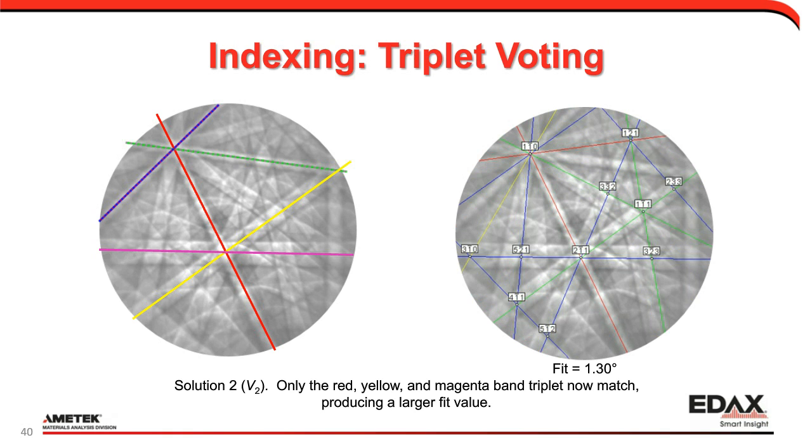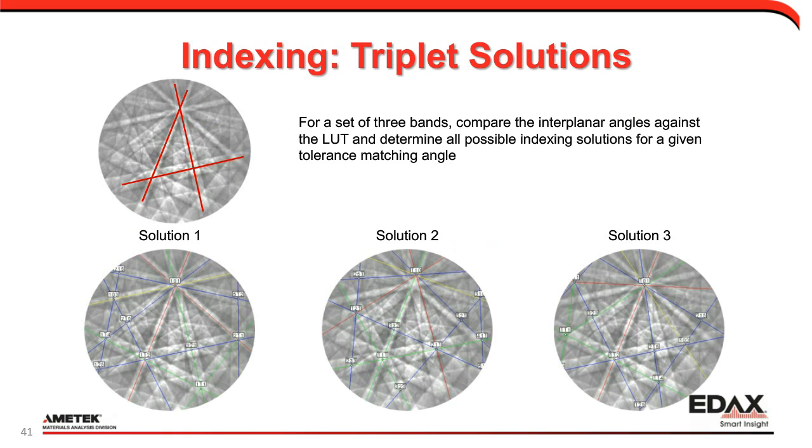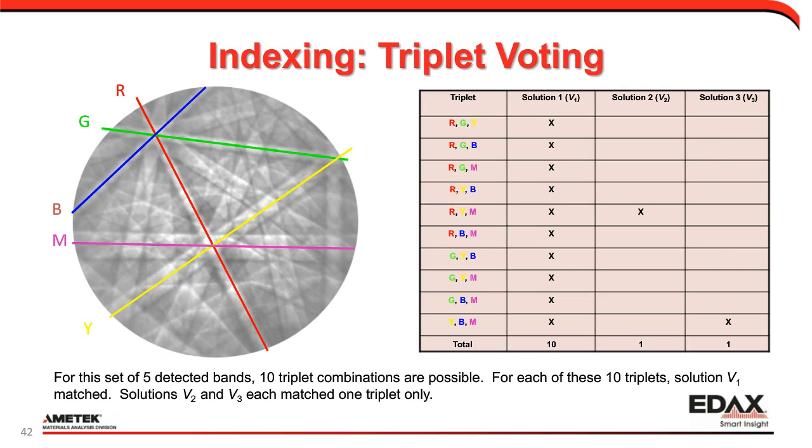So if we look at the center, you can see where that 211 is. I'm going to call it magenta horizontal line, the yellow and the red line sort of match that zone axis. The other lines are a little bit off and one's really not shown in the solution. So this provides a higher fit value. It doesn't match quite as well. And then there's a third one. So we can see for this particular set of 3 lines out of 10, there are 3 different solutions that are possible. And so if we go through all 10 possible combinations, which are shown here as different color combinations,